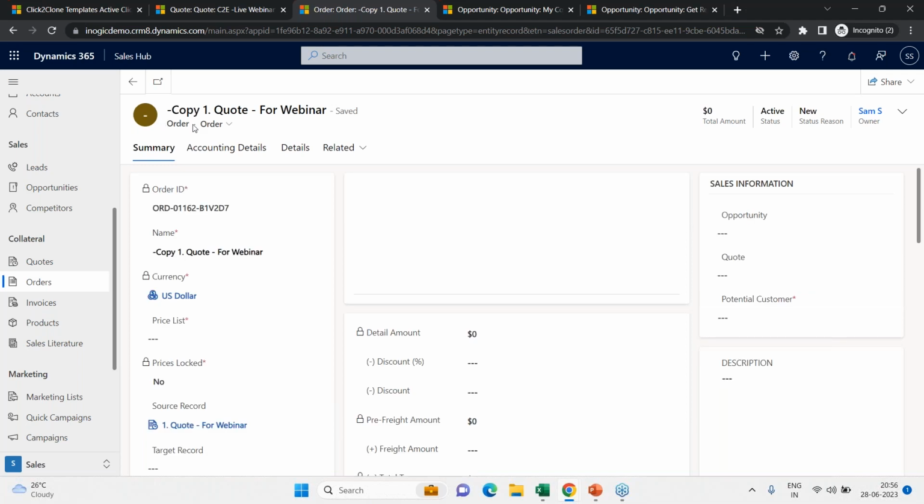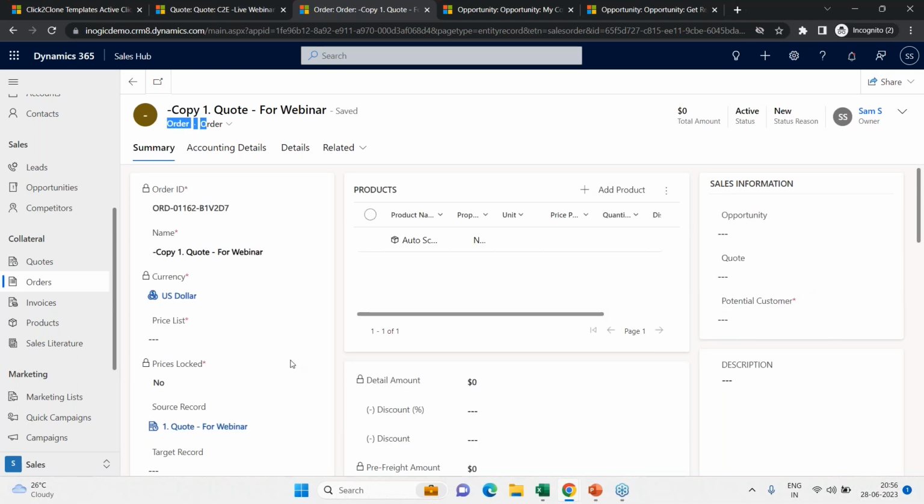And here we are in the order entity record with the products, with everything, based on the template and of course the configurations that we have done. It has now copied or cloned the record of a quote entity into a record of an order entity. Now, moving to the next one,